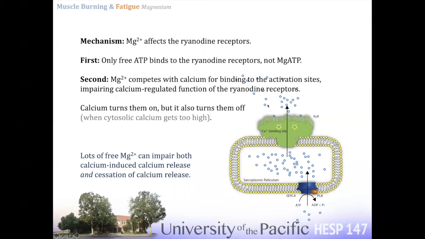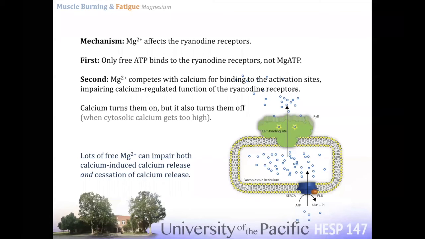Remember that subsequent dump I've talked about a couple of times this lecture already, where you're going from the dihydropyridine receptors, that's depolarization induced calcium release, and then you release a little bit of calcium. That calcium binds to the ryanodine receptors, and when it does, you get calcium induced calcium release. But if you're competing for those binding sites with magnesium, because you've gone through a bunch of ATP hydrolysis and